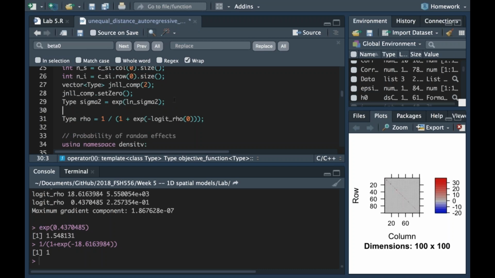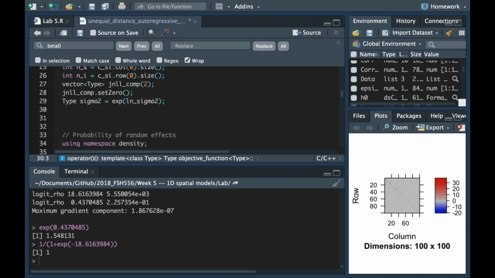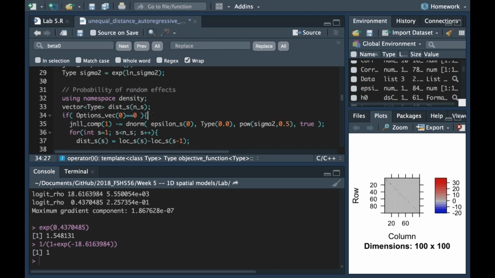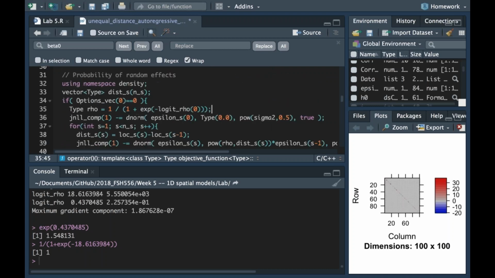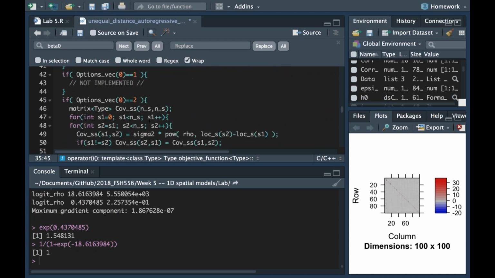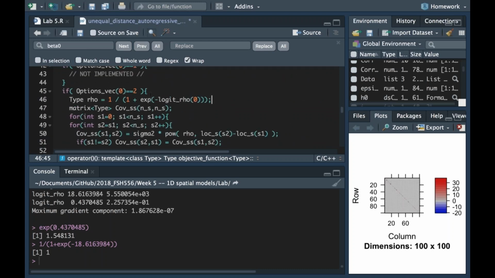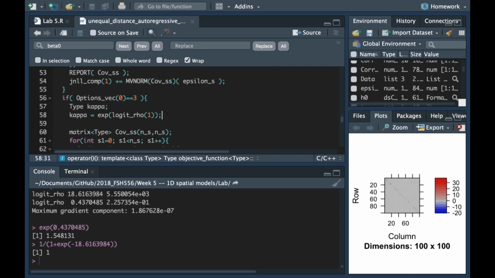So maybe, while we're talking about this, in a second we could change that rho from a logit to a log transform. Parameters just have to be positive. Yeah, I think so. If it's the standard Matern parameterization. But while Grant's doing that, we can also see